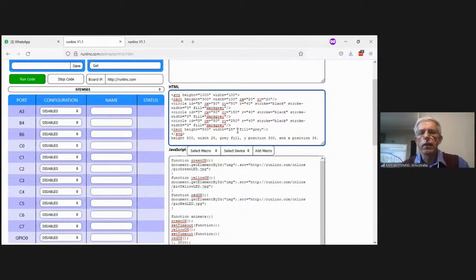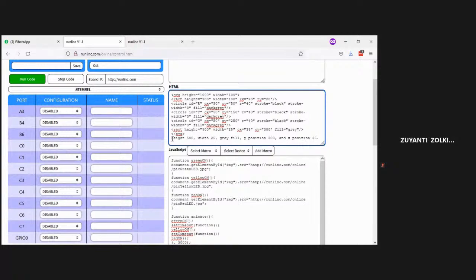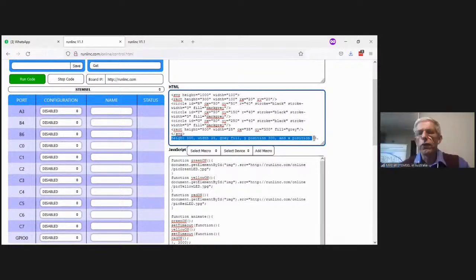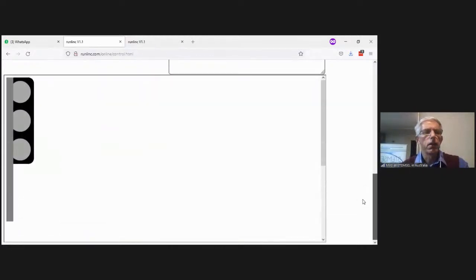So we're just constructing our new rectangle for the pole, and the Y position is 300 and the X position is 35. Okay, so I'm doing this carefully because this is the challenge, okay, because we're not just asking you to cut and paste, we're asking you to actually try to change this yourself so that you can put in the correct instructions. Okay, so press the stop code and run code, and my pole is